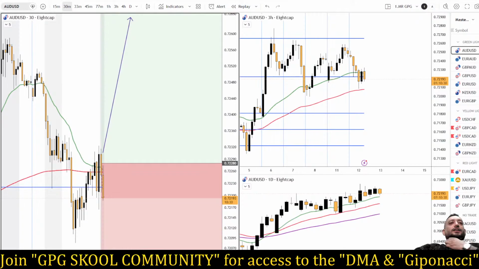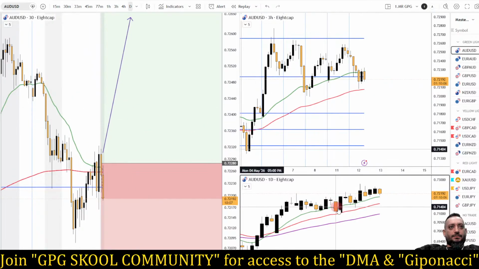So if you take a look at my chart in 3 different time frames that I have up here, you can see on daily and 3-hour time frame I'm extremely bullish. The momentum is building up. We have multiple bullish engulfings, which is a big deal for me. And also